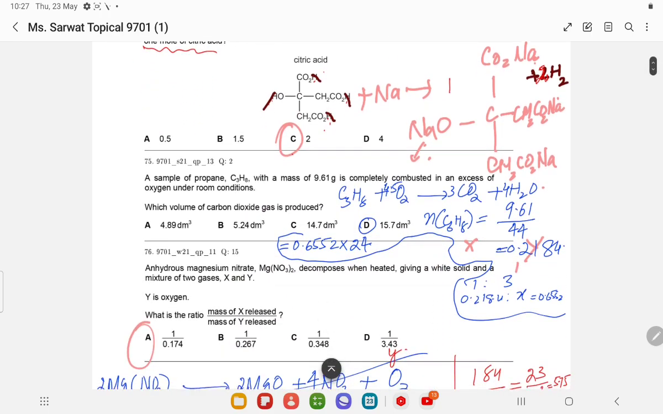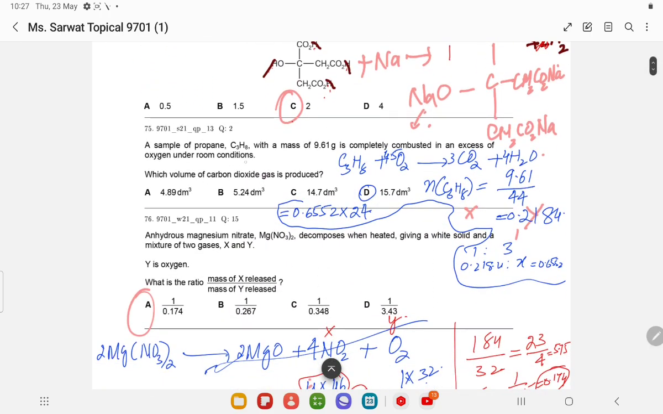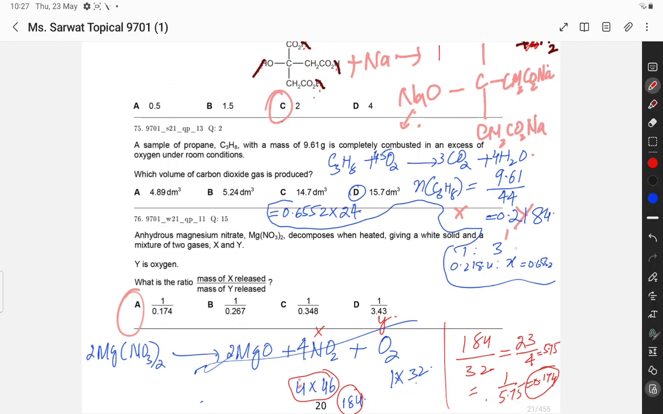is produced. So next question is, a sample of propane C3H8 with mass of 9.61 gram is completely combusted in an excess of oxygen under room conditions. Which volume of carbon dioxide gas is produced? So by calculating mole of propane, 9.61 divided by 44, so this is the mole of 0.2184 is the mole. So by using mole ratio 1:3,